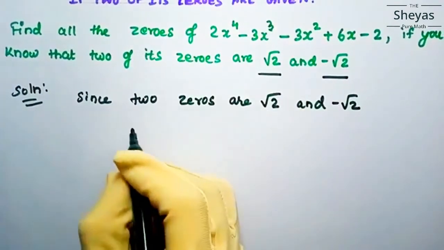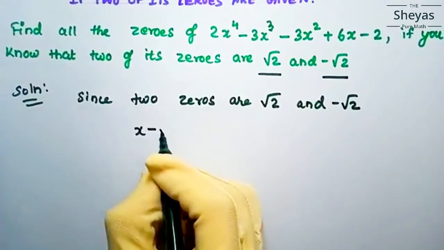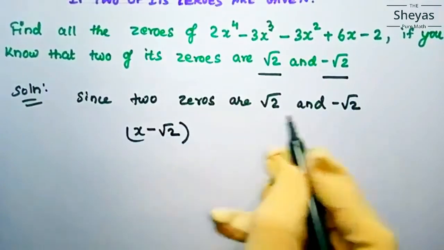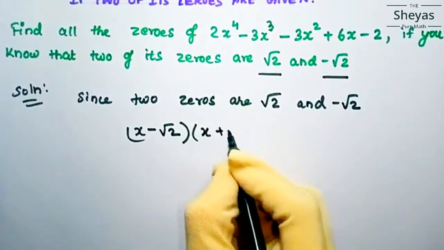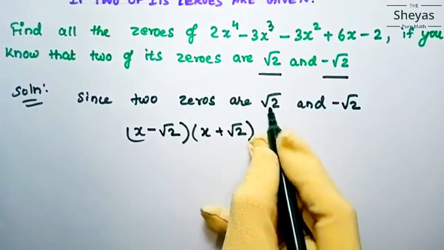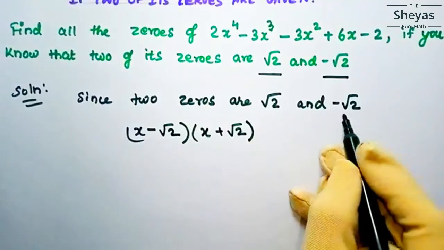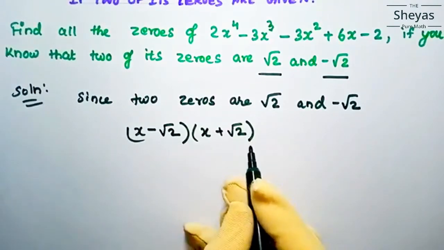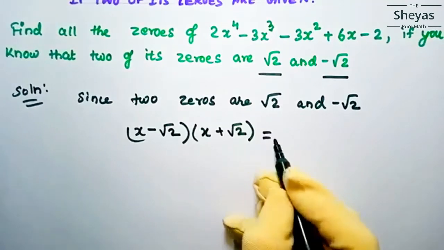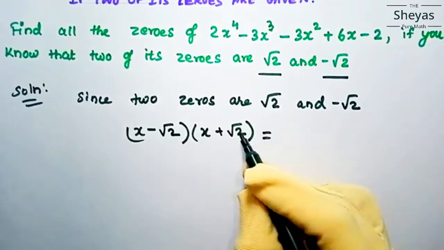This is root 2, so we can write x minus root 2, and this is minus root 2, so minus of minus plus, x plus root 2. So this is x minus root 2 and x plus root 2, which is equal to,